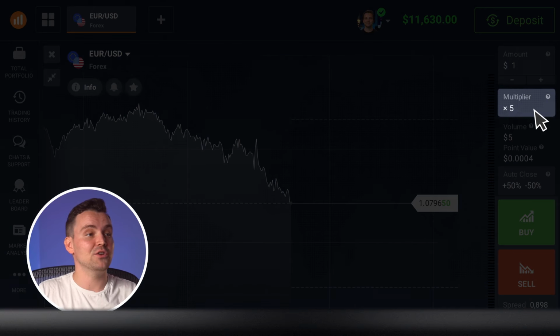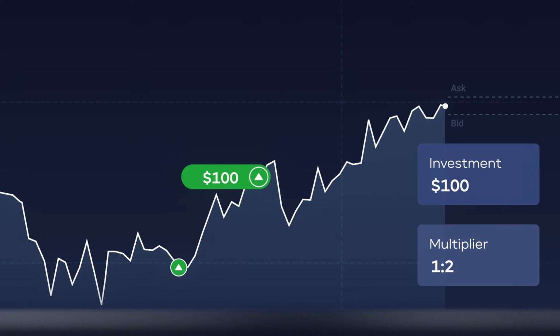Check the multiplier value applied to your trade. The multiplier, or leverage, allows you to trade positions larger than the amount of capital you invest. This mechanism allows traders to use extra funds from the broker in order to increase the size of their trades. For example, 1 to 2 leverage means that a trader who has invested $100 will be actually trading with $200. Although leverage lets traders increase their trade size and consequently potential gains, it also magnifies their potential losses, putting their capital at higher risk. So you should use leverage with caution.